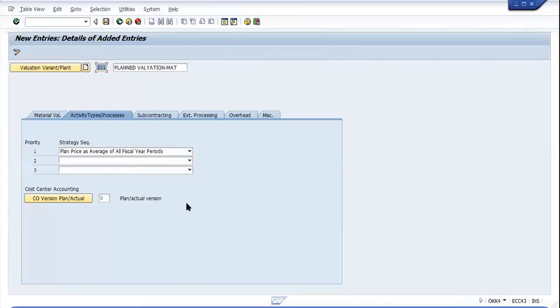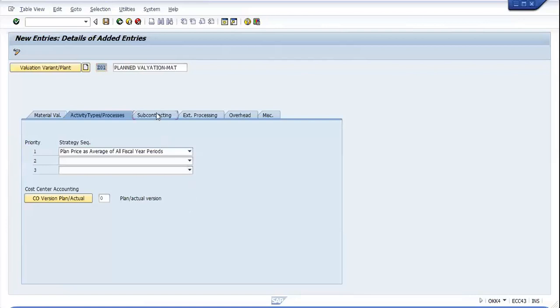In case we want a different activity price for the group or profit center view, we need to create further valuation variants and assign a CO version, you can say D01, or any custom made version, like A01, A02, to the valuation variant. So we are using only this strategy, plant price as the average for all the fiscal year.